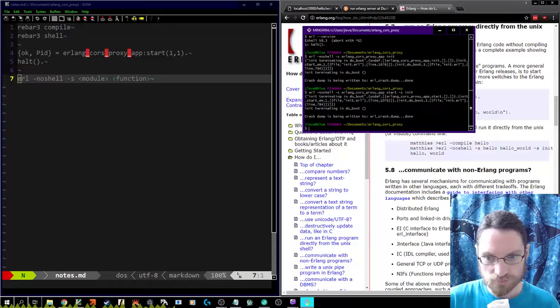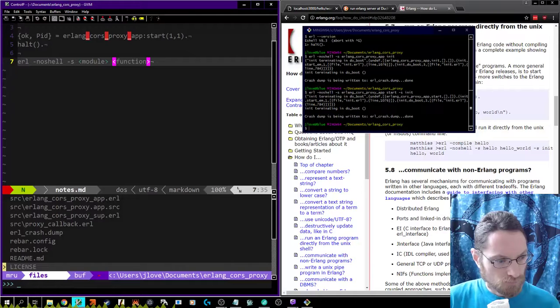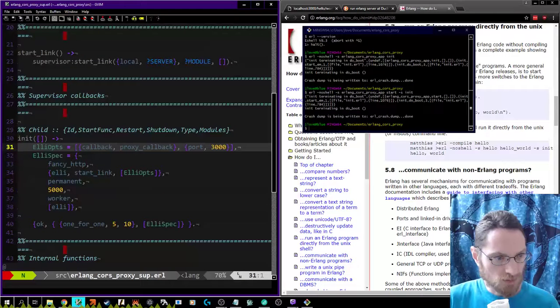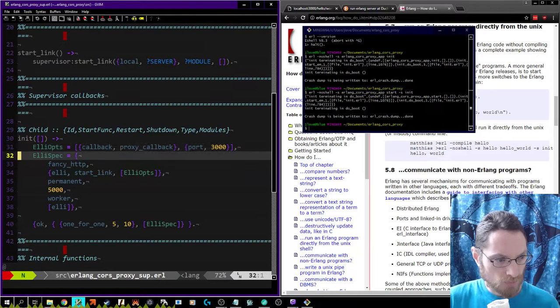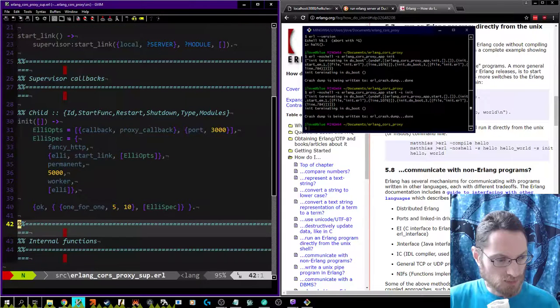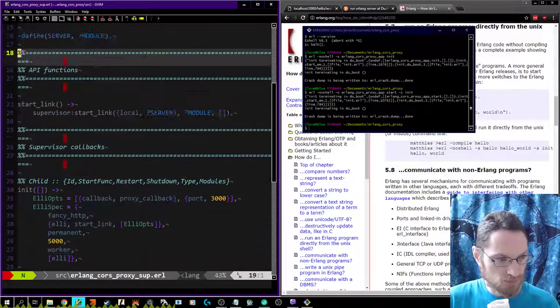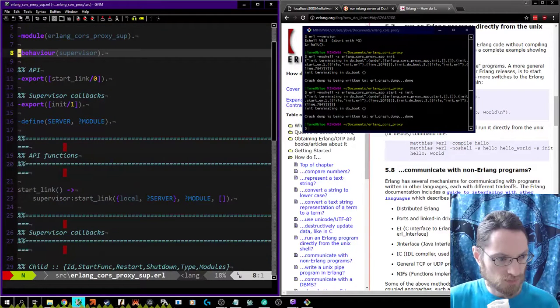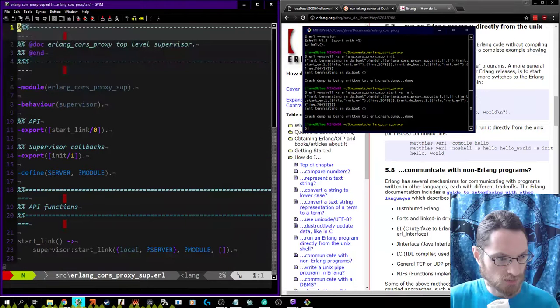No. So which thing are we actually calling here? Erlang cores proxy, port, start link, export init. Oh, well, there's